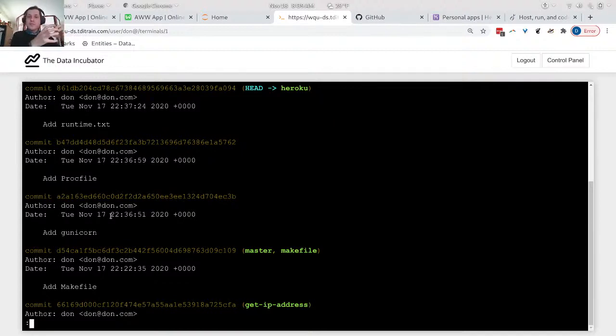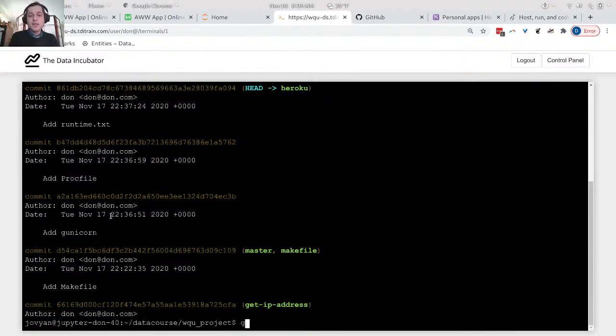Right, so since they belong to the same change, the same kind of unit, maybe we want to encapsulate it as a single commit. A single commit message that says "get project ready for Heroku deploy," and then maybe right underneath it what those changes were. So we want to squash those commits. And since we want to squash the three past commits,